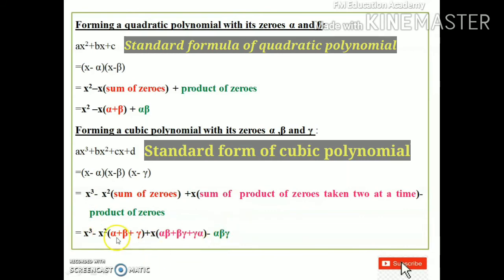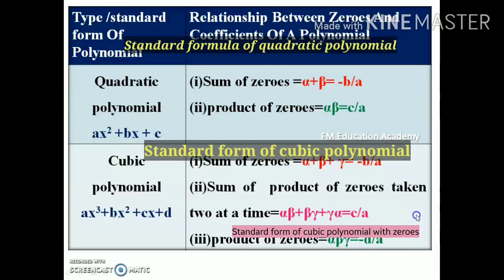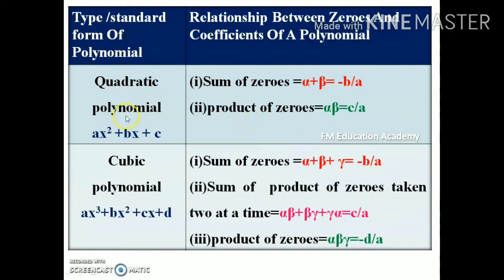Okay. So remember this, how we are decreasing it. Here the power is 3, here the power is 2, here the power is 1, here the power is constant. You should remember it like that. Now, what is the standard form of a polynomial? Already I know a quadratic polynomial is ax squared plus bx plus c and a cubic polynomial is ax cubed plus bx squared plus cx plus d.